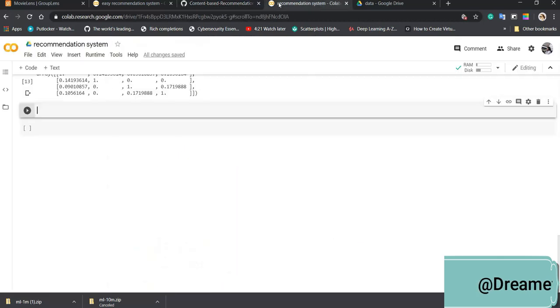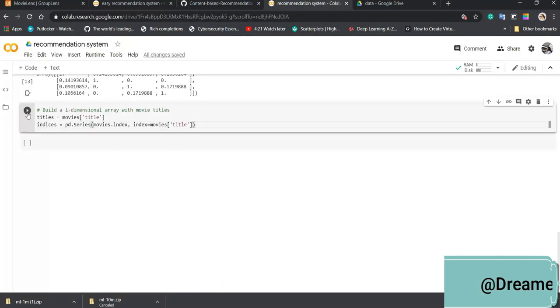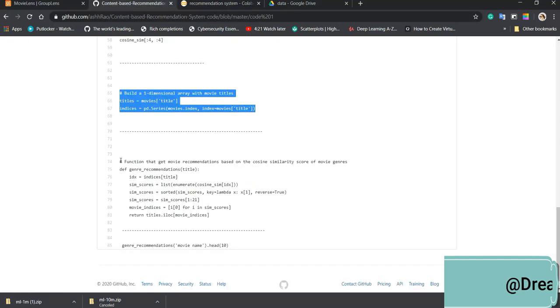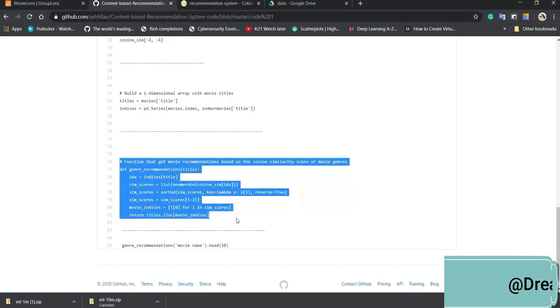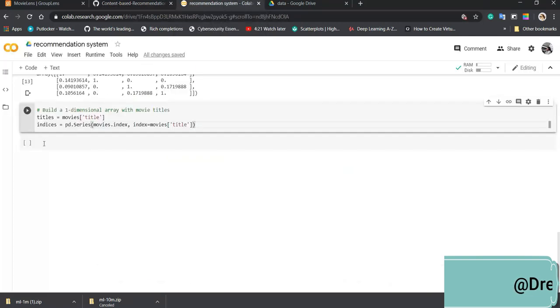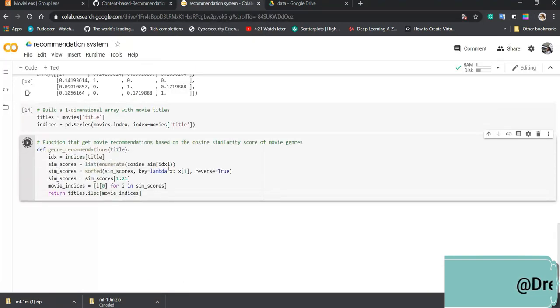We are building a one-dimensional array because this step is to write a function that returns the 20 most similar movies based on the cosine similarity score. As you can see, we are enumerating and sorting based on the genres recommendation, which will return the title of a movie.